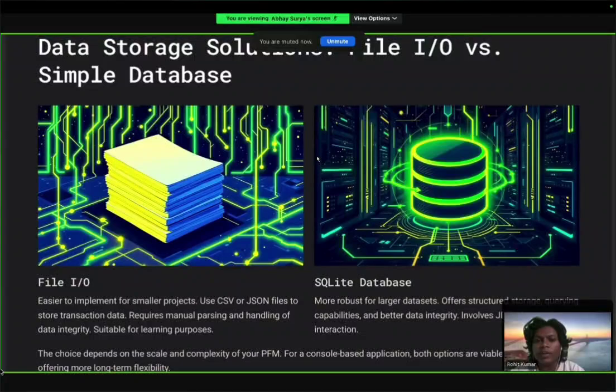So the next slide is about data storage solutions, that is file IO versus SQLite database. File IO is easier to implement for smaller projects. Use CSV or JSON files to store transaction data. It requires manual parsing and handling of data integrity, suitable for learning purposes. File IO is basically file input output: reading data from a file and writing data to a file. This includes FileReader, FileWriter, BufferedReader, Scanner,